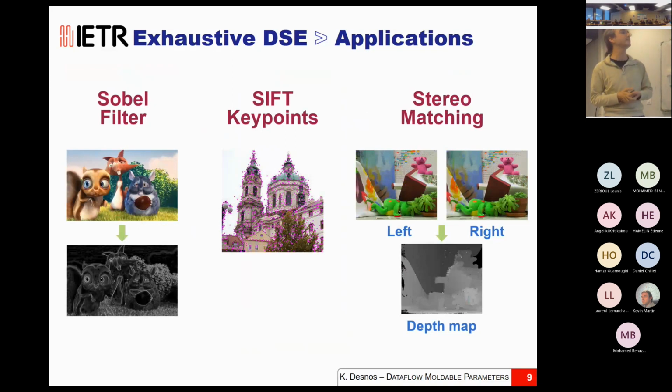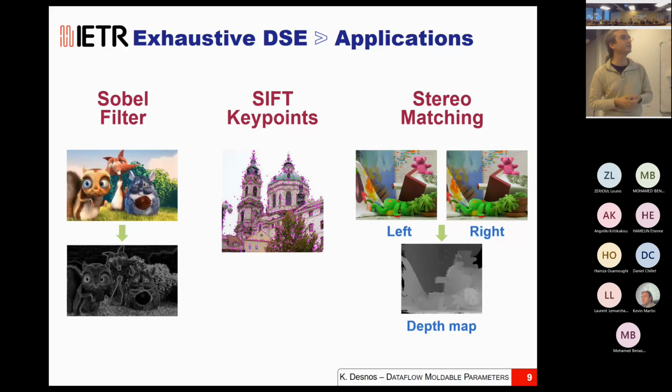And two more complex image processing applications. The first one is SIFT key points detection, which consists in analyzing an image in order to find a set of key points that can be used to recognize an image and to map an image in another, basically, to compute a homography between two images, notably.